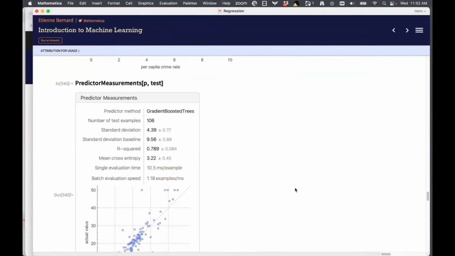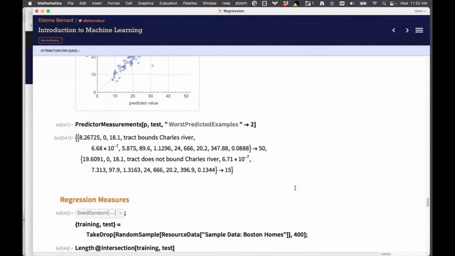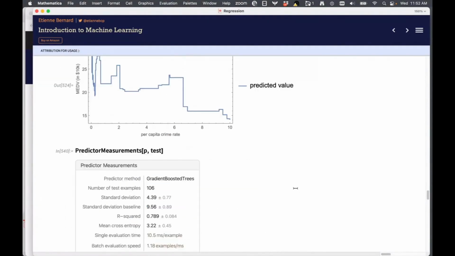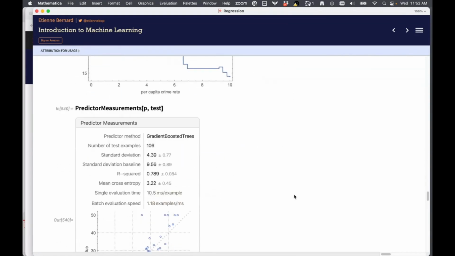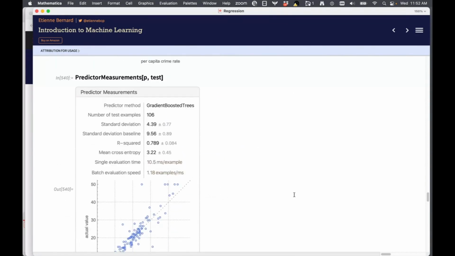Moving on quickly to some other information you can get from the classifier or the predictor model. Information gives you just the basic information from the model, but you want to see how it performs on other test data. So in that case, you will need predictor measurements.